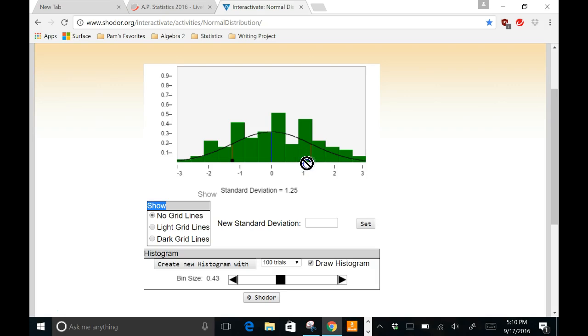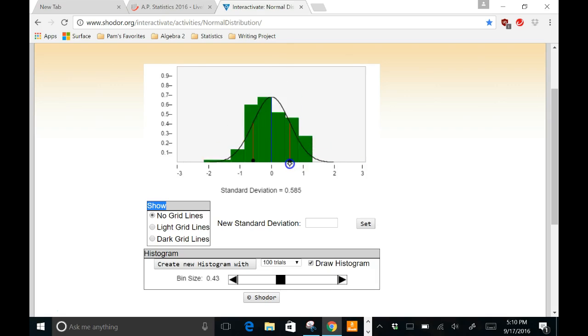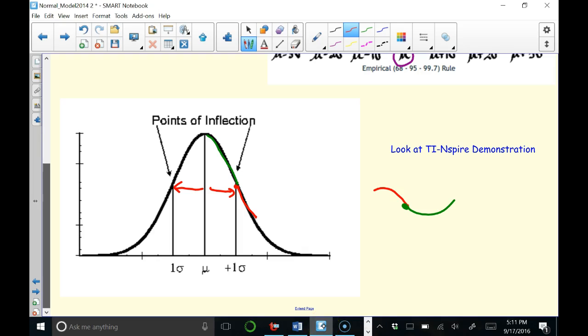As I make that 1 standard deviation get smaller, do you see how the curve is getting really tiny and thin? So a standard deviation basically tells you how thin or fat it is. You could have a very thin normal curve or a very fat normal curve, but in there, the proportions like 68, 95, 99.7 will still stay the same. Okay, with that said,